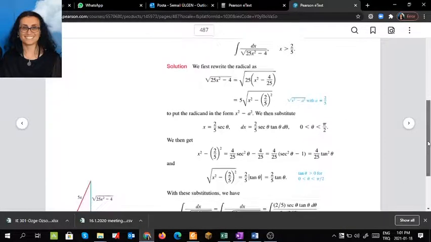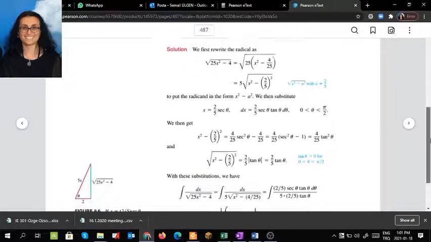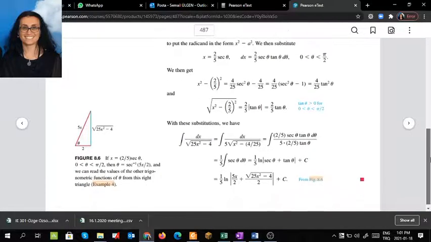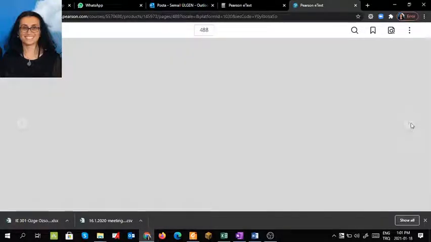That's the arrangement that you do. Then you're going to substitute x is equal to 2 over 5 secant theta, and life is going to be beautiful afterwards, because everything is going to be simplified, and your integral is just integral secant theta. And you just find it by using the table, which is ln